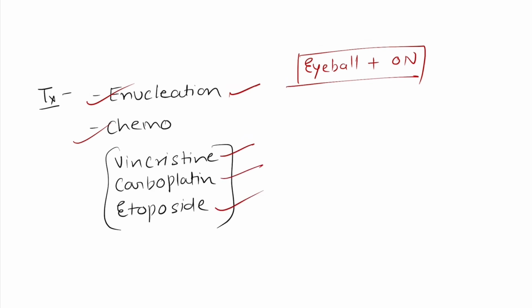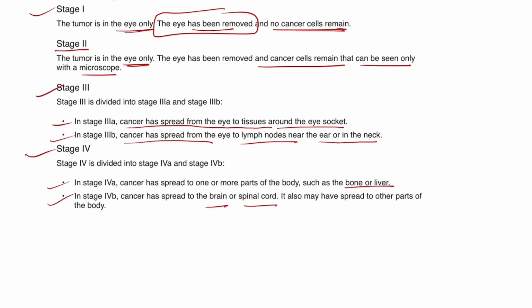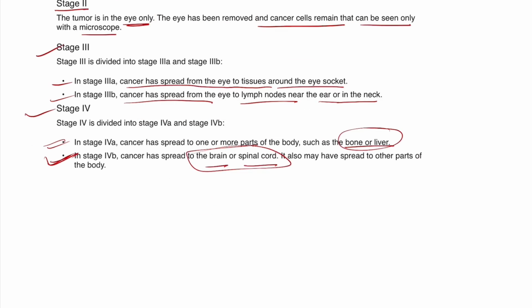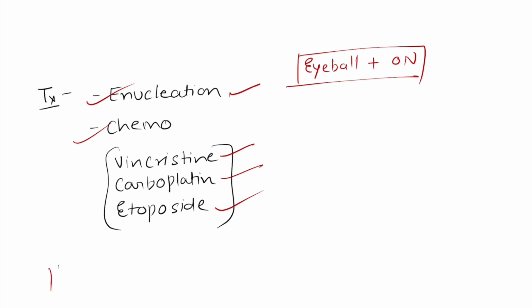I would like to add a special note at the last. As you have learned here in the 4A and 4B, the cancer can spread to the bone and liver and the brain and spine. So it can spread anywhere in any part of the body. Yes, and remember it, the most common